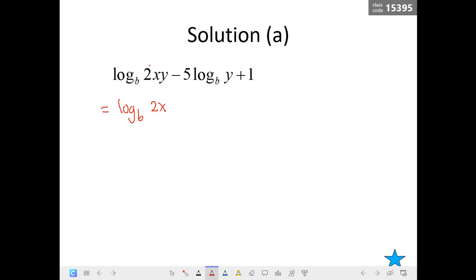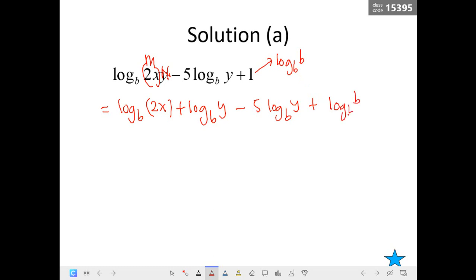plus log x, because I'll assume this is M, this is N, plus log y to the base b minus 5 log y to the base b plus 1. 1 actually is equal to log b base b. For this time, you can just change the 1 to log b base b. Okay, and the next step,